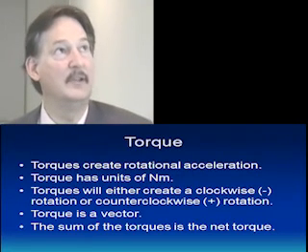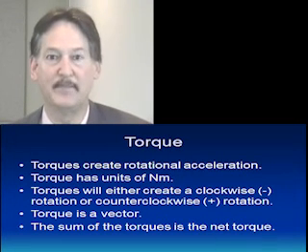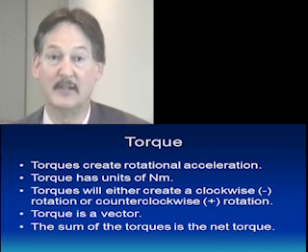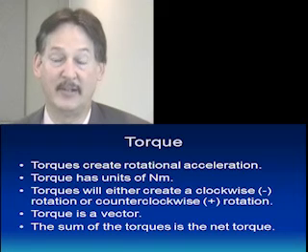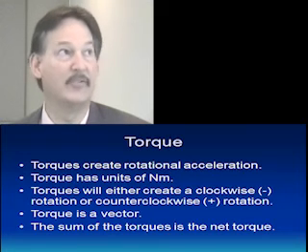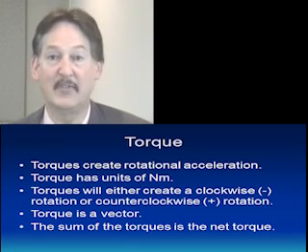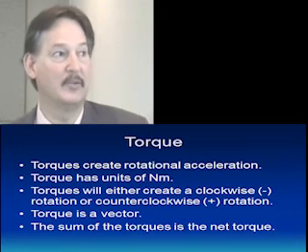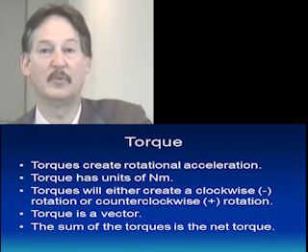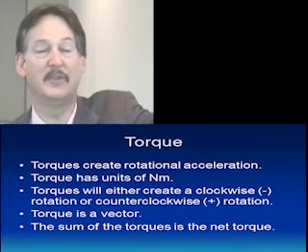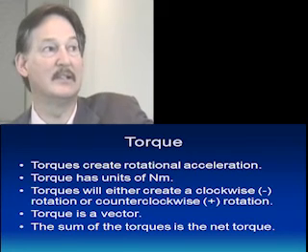So what we have here, the units on torque are Newton meters. The units, of course, on the distance r, the lever arm, and the force F. Clockwise torques will be designated as negative. Counterclockwise torques will be designated as positive. Torque is a vector. So the vector directions we'll be dealing with either will be plus or minus as we